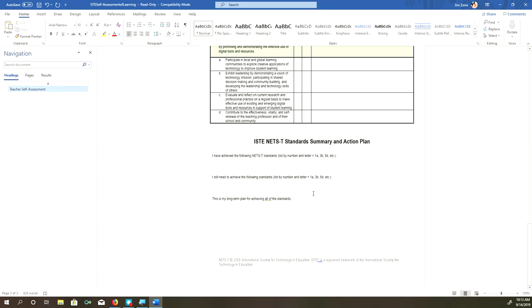So you want to put some thought into this and really convince me that you're going to be able to achieve all those standards at a future date with that long-term plan. Like I said, it doesn't need to be an in-depth, formal paper, but you do want to put some thought into it and talk about some ways that you're really going to be able to achieve all of those standards.